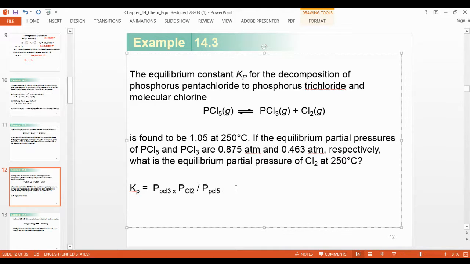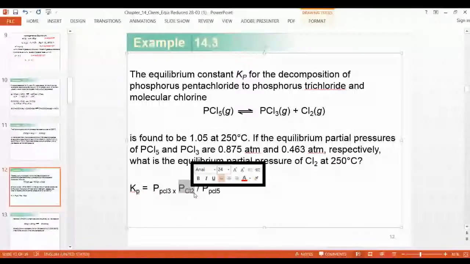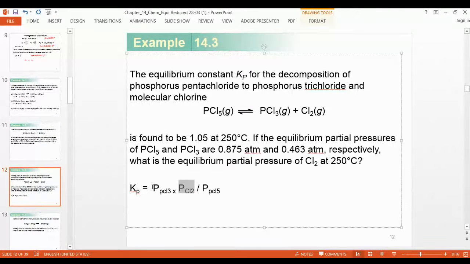But here you have to remember that the question is different. What is the equilibrium partial pressure of Cl2? So you have to calculate Cl2. So Cl2 is here. How do you calculate Cl2? All these values will come down. You have to set up the new equation. You arrange it like this, right? So PCl2 is equal to what? How do you write it?